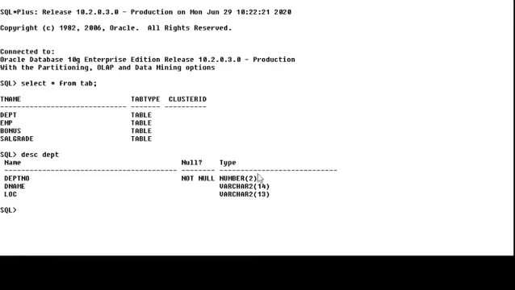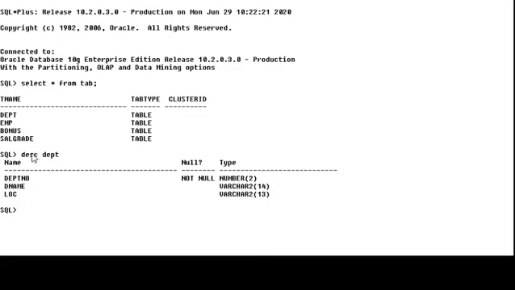For DEPTNO, the type is NUMBER(2), so the number column holds numeric data of a maximum of 2 digits. Same, DNAME is one column which holds VARCHAR2, meaning string data. VARCHAR2(14) means it holds 14 characters in DNAME. Same with LOC, this column again stores string data, with 13 characters.